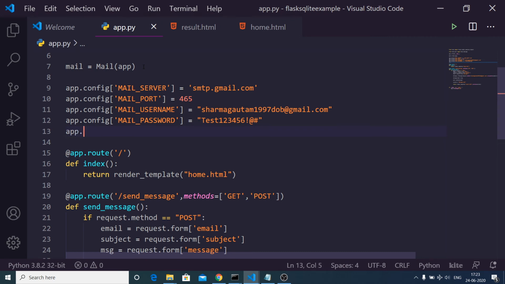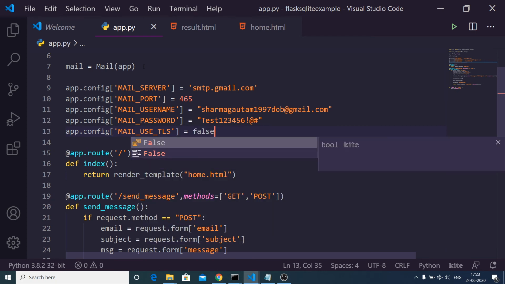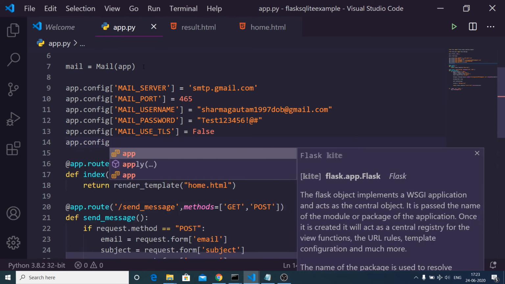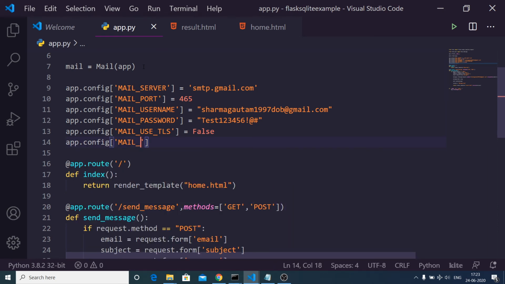The next is app.config, and there is a field which is MAIL_USE_TLS. This needs to be set to false. And the next one is app.config MAIL_USE_SSL.